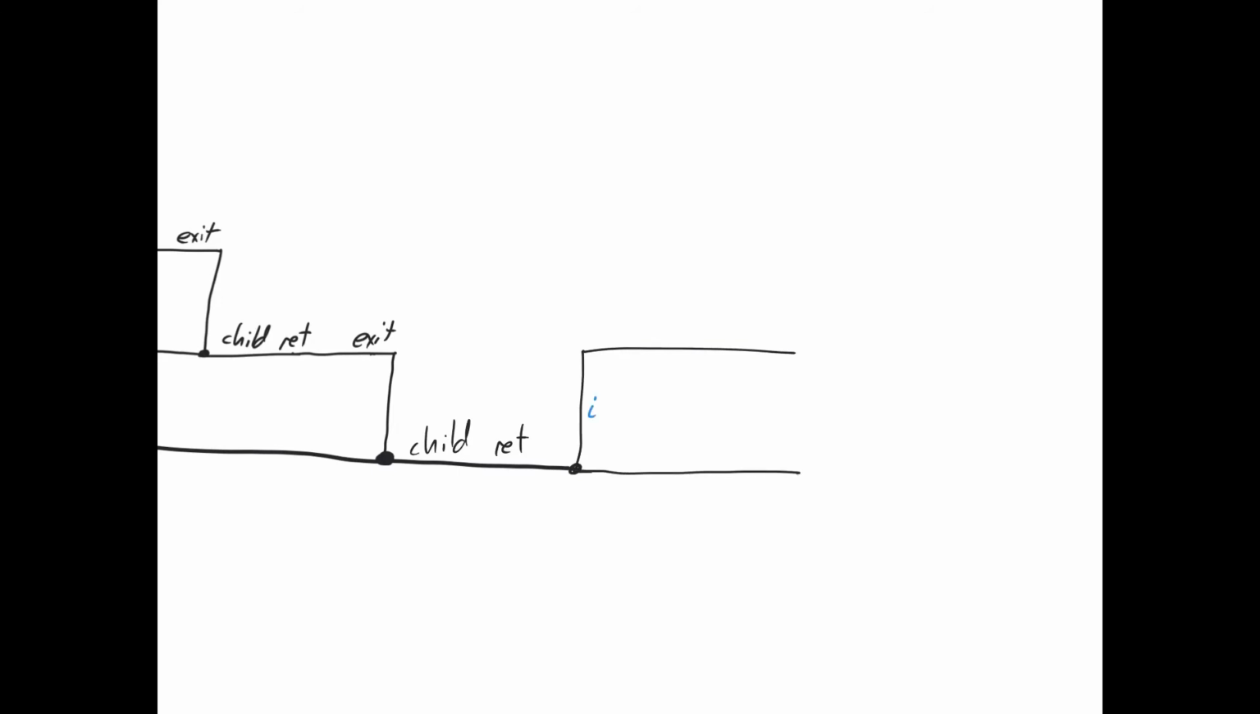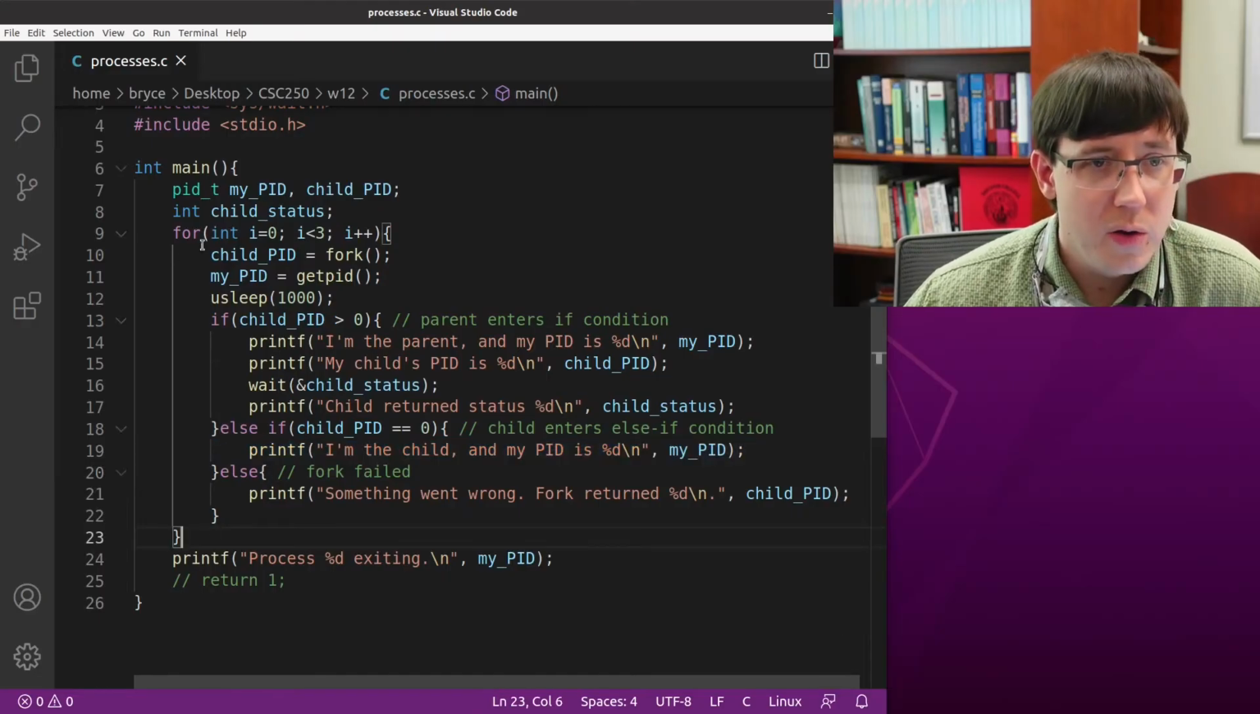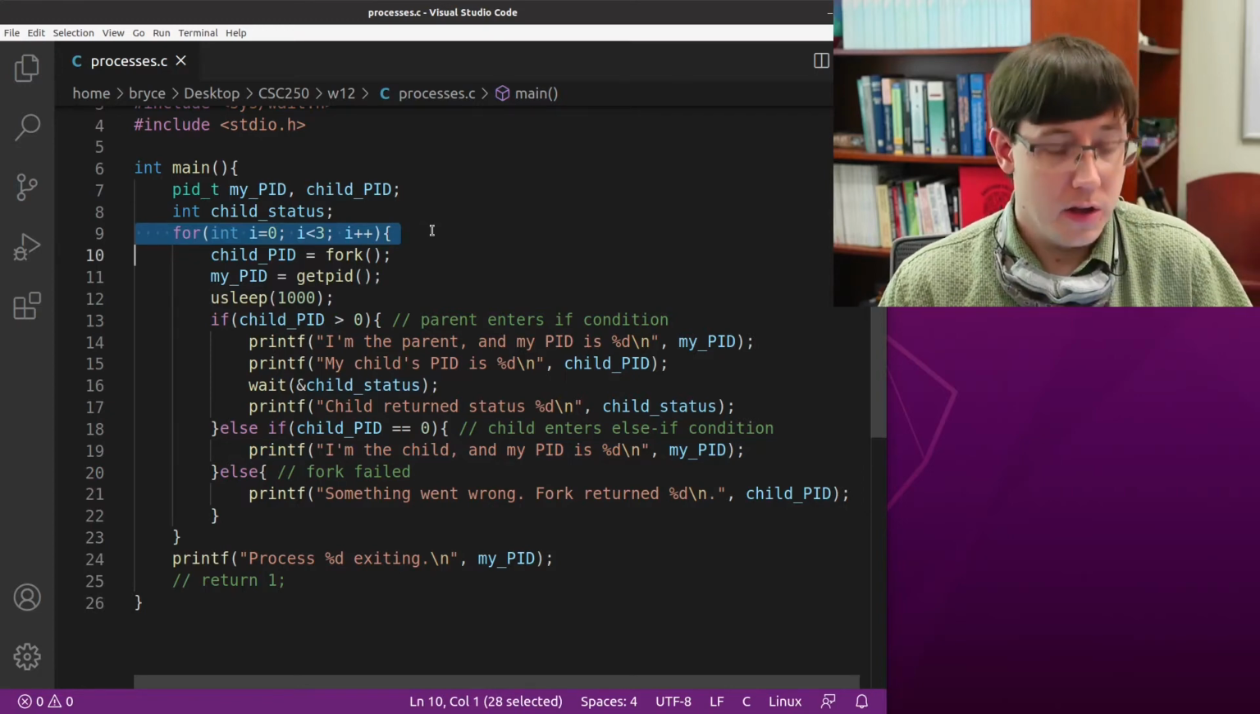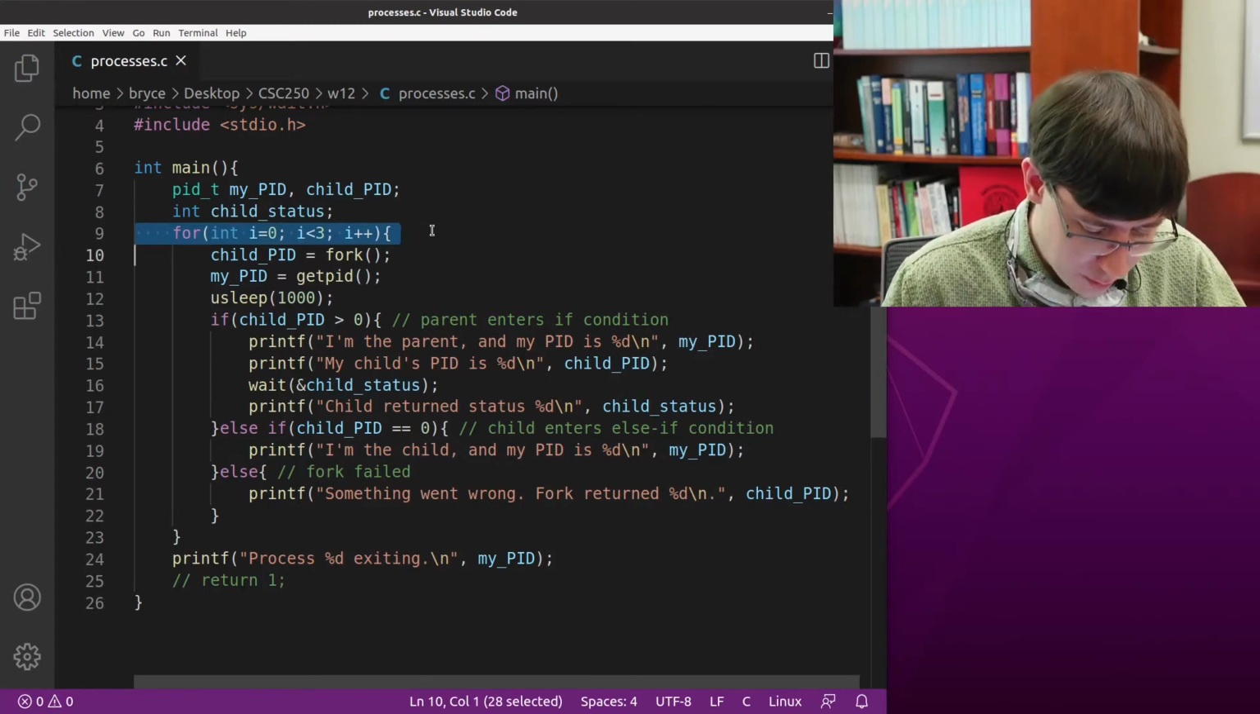So here, I is equal to 1, so the parent process will get back the child's PID and go into the if case, printing I'm the parent and calling wait, while the child will get a return value of 0 from fork, go into the else case, and print that it is the child, and then it will continue executing. With I equals 1, when it gets back to the top of the loop, it'll increment I and go again. So this child process will call fork